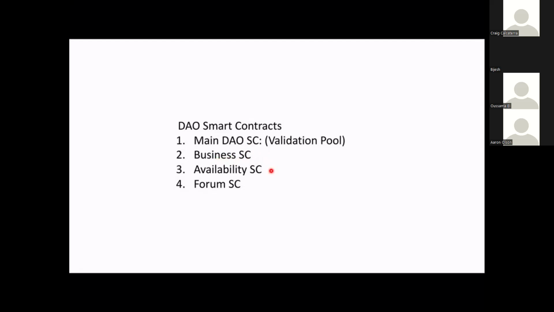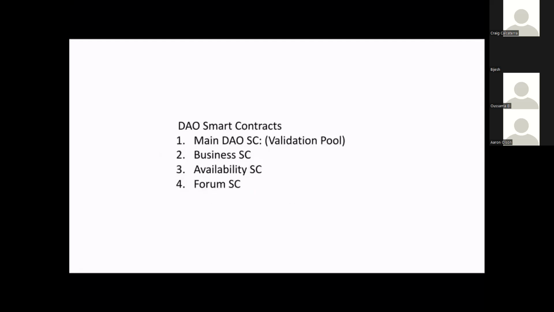The third one is the very simple availability smart contract. That's a trivial one to write, and it's not going to need to be updated too much. It's always very simple. It's just, are you available to do work, and you have to encumber your reputation tokens to prove that you're available to work, and you'll get punished if you don't do the work properly after you promise to do it. And finally, that's the forum smart contract that I went over way too shortly as we're getting later on in the night.